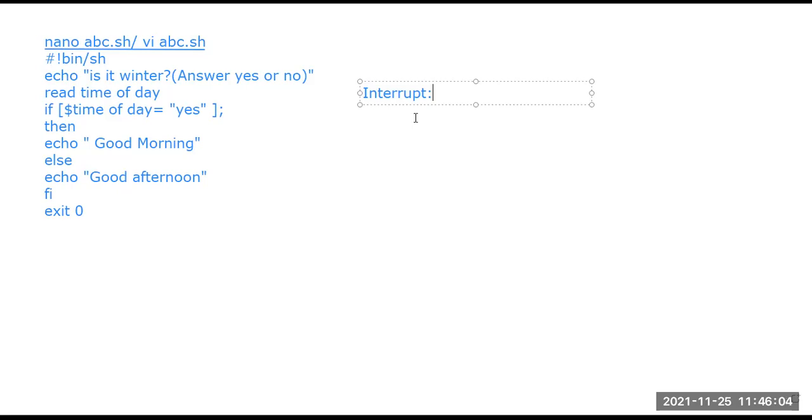So the execution that is going on is stopped and suspended, and the interrupt handler moves to that interrupt signal to process or complete it.